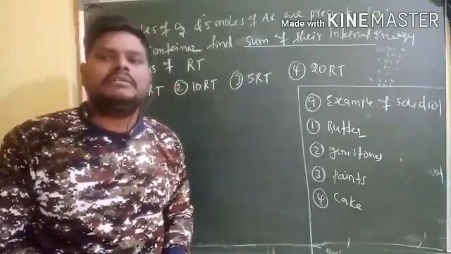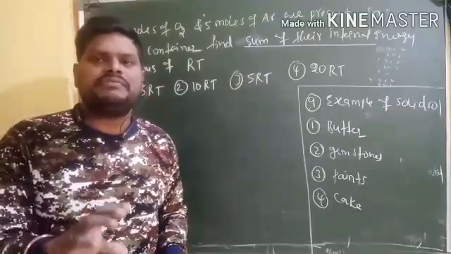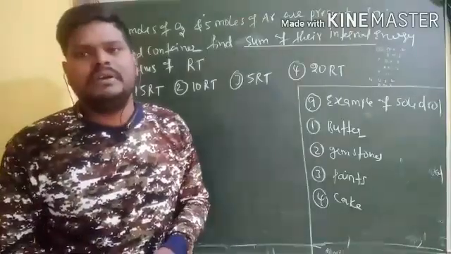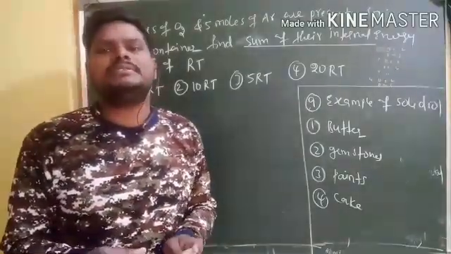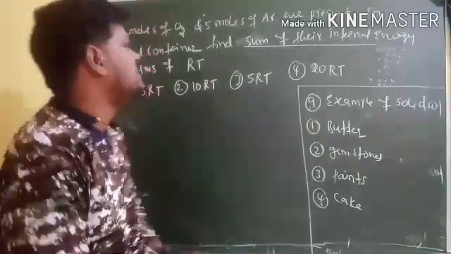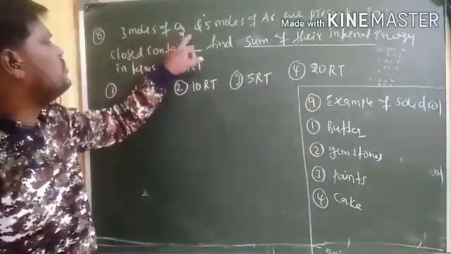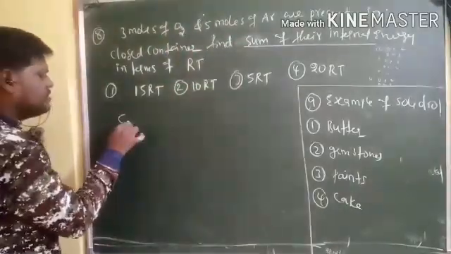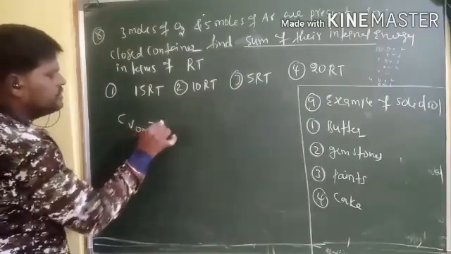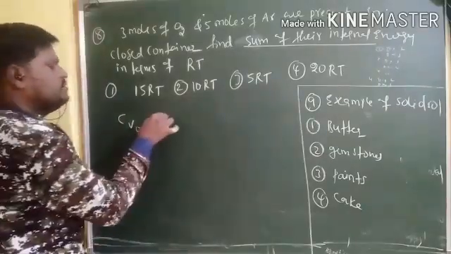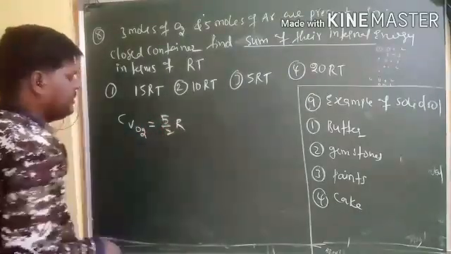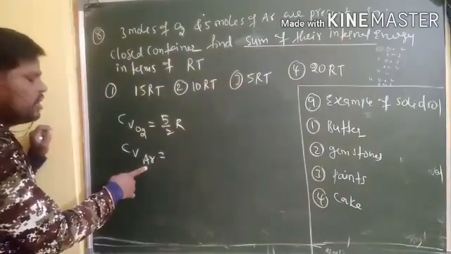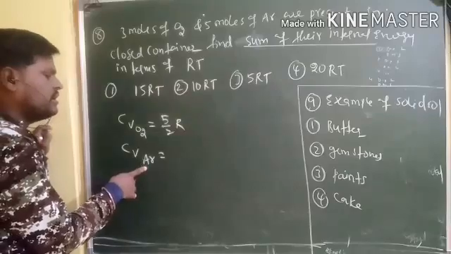Actually, determination of internal energy is possible with a bomb calorimeter, or calorimeter. A calorimeter is always at constant volume. Here, 3 moles of O2, that means O2 is a diatomic gas and argon is a monatomic gas. So the heat capacity at constant volume, Cv of O2, is a diatomic gas, so its degrees of freedom give 5/2 R. And what about Cv of argon? Here argon is a monatomic gas, so the heat capacity at constant volume of argon is